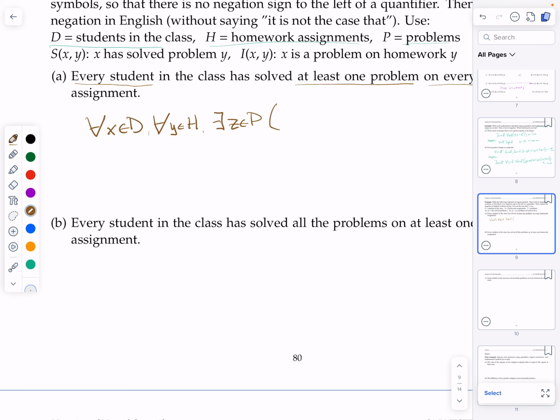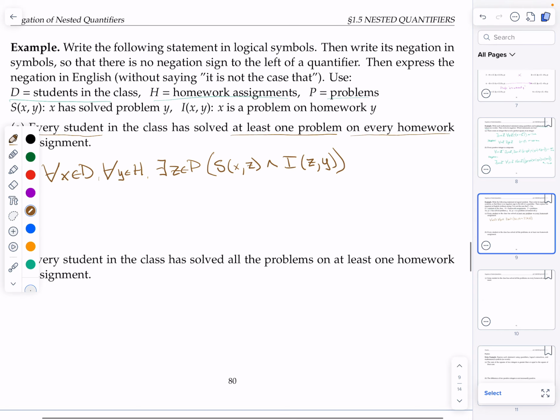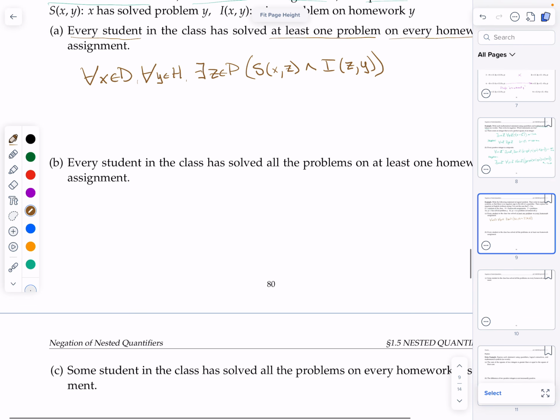And then what's going on? Well, the solving. So student X has solved problem Z, and problem Z is on homework Y. Okay, now what else do we want to do? I guess I've gotten myself into this, right? It's the negation in symbols. So that's the statement. The negation